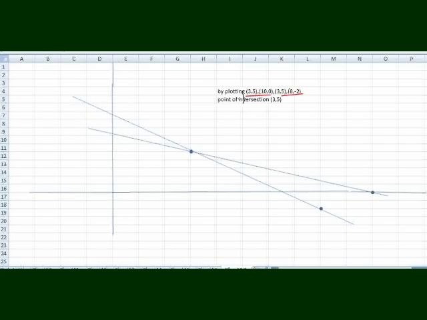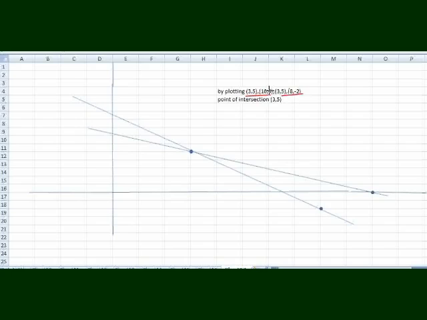What will be the exact location of 3, 5? On the x-axis it is 3, so 1, 2, 3, and it is 5 on the y-axis, 1, 2, 3, 4, 5. Now 10, 0: 1, 2, 3, 4, 5, 6, 7, 8, 9, 10. On the x-axis it is 10, on the y-axis it is 0. So the point will be 10, 0 in this position. We join these two points and we get a straight line.